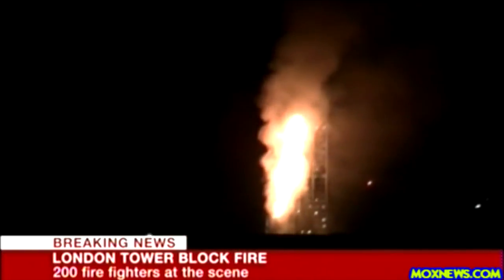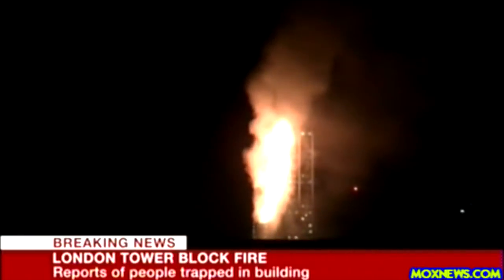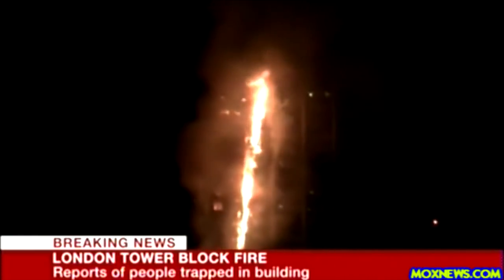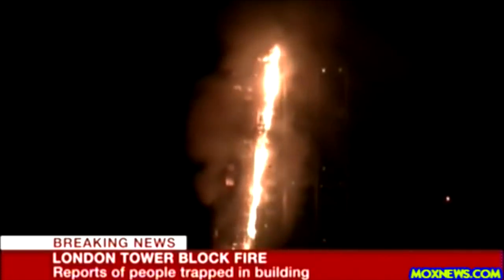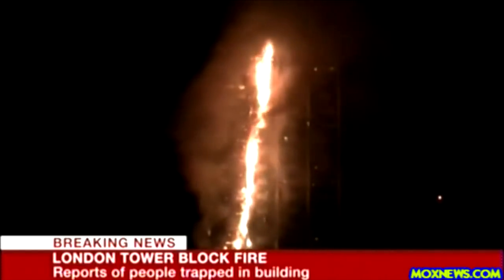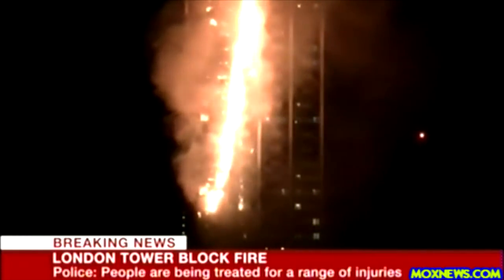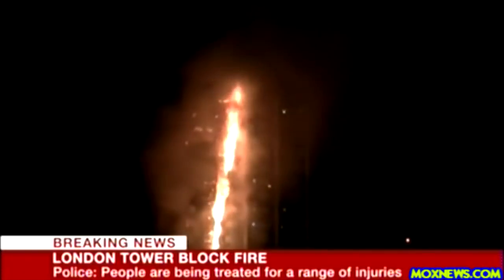What we do know, Sophia, please stay with us just for a moment, just to recap for people. 27 stories this block, the fire service saying it is alight from the 2nd to the 27th floor, that there are 40 fire engines there at least, 200 plus firefighters wearing breathing apparatus, and as I say, alight from the 2nd to the 27th floor. Sophia,